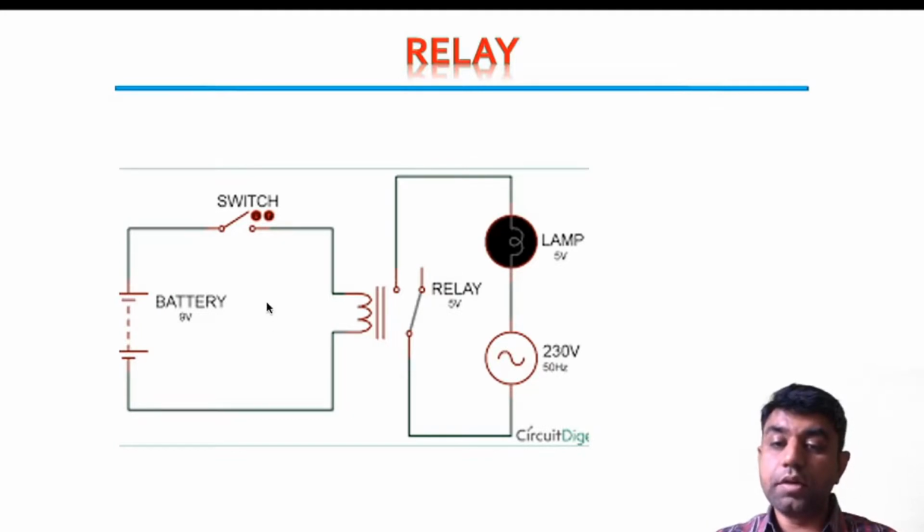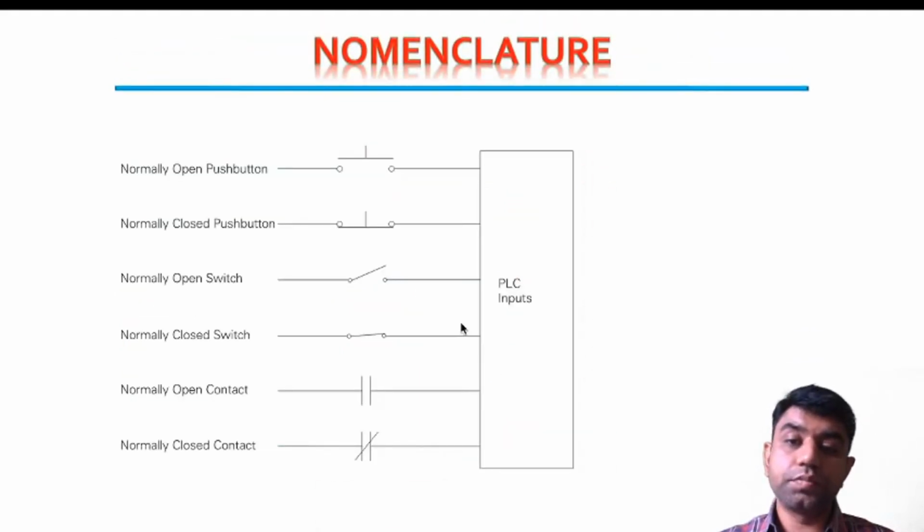So the particular setup appears like this. If you press the relay button, it will light up this particular lamp, as well as supply current to the other circuit, which has a battery connected, and the switch has been pressed. If a load has been connected here, that also will get operated and the lamp will also glow, right? So synchronization of activities is possible with the help of relays.